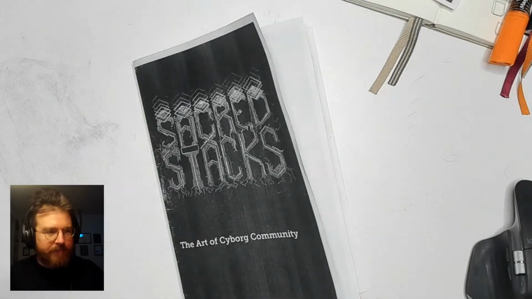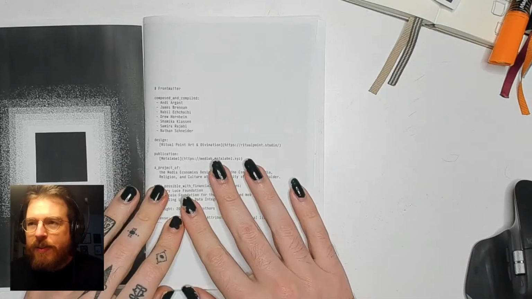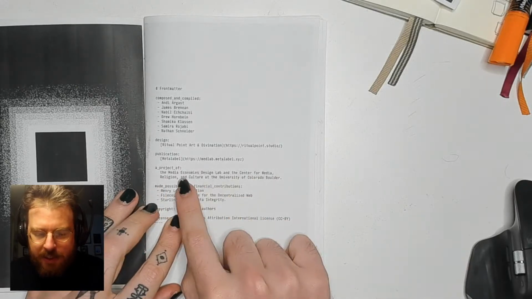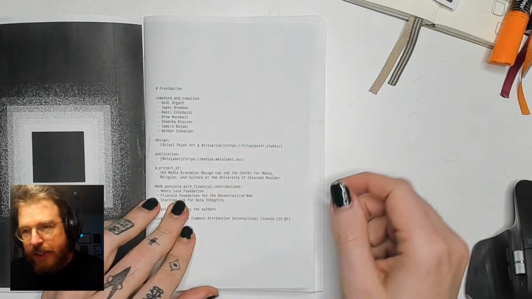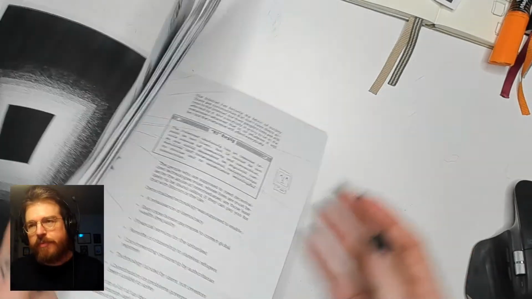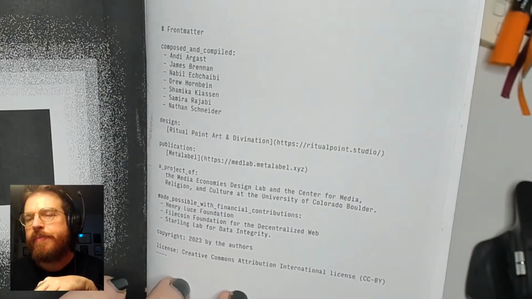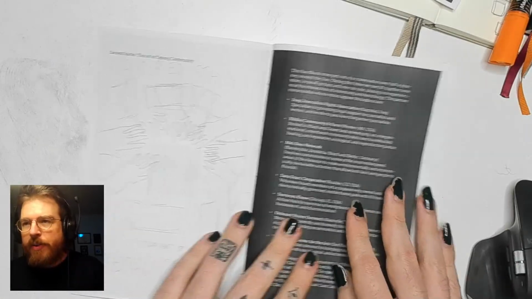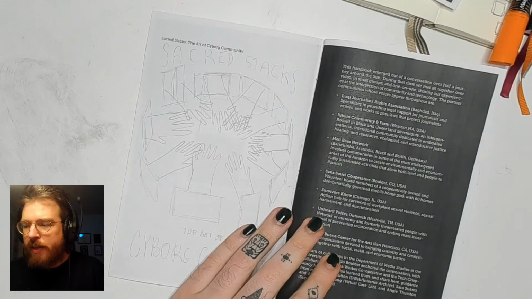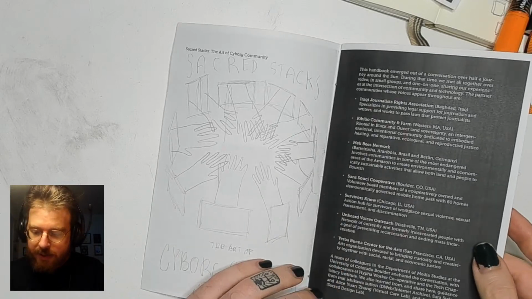So I want to show you right now Sacred Stack. This is a project I'm working on with the Media Economies Design Lab and Nathan Schneider in particular. Here's the front matter. This is an unlicensed image. I'm not gonna use that. But what I'm doing is going through this booklet that Nathan's team created